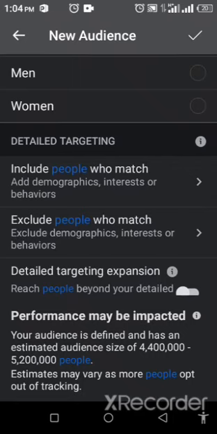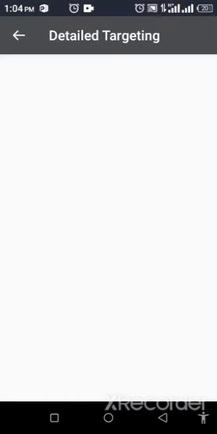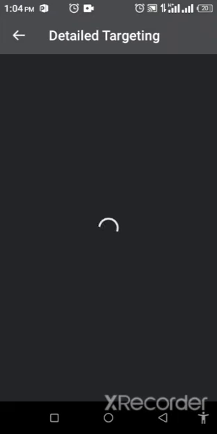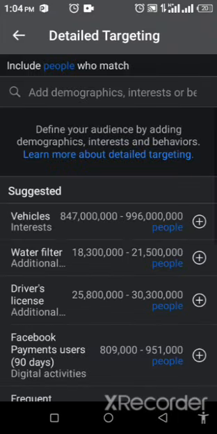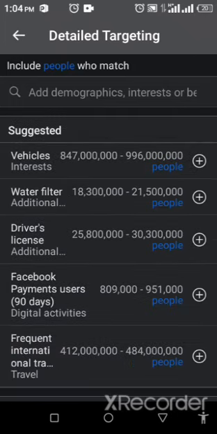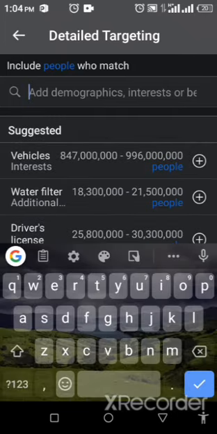Include people who match demographics, interests, or behaviors. This one, you can say the kind of people you want to target. Now, let me give you an example. If you are selling UV brush, click on this detailed targeting. Now you see something. It is suggesting to me people I can target, but I don't want these ones first. Let me click on search. I am selling UV brush holder. I can target people